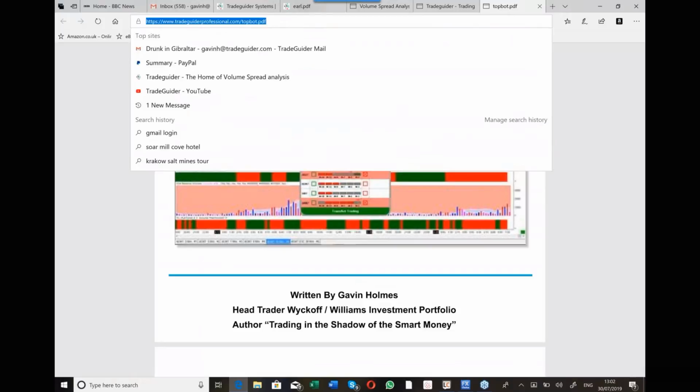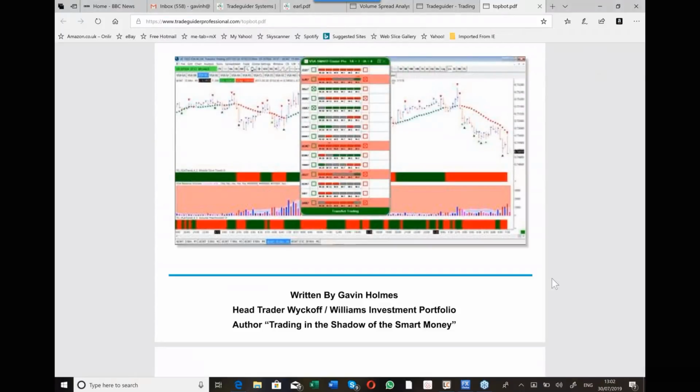This is the top bot strategy that I use for, it's not in trend trading, John. No, this is counter trend trading. Okay, let me be very clear on that. So this is actually you're trying to find and will find turning points in the market. And that explains it all. I'm not going to explain it all in this seminar. I don't have time, but that will explain it to you.